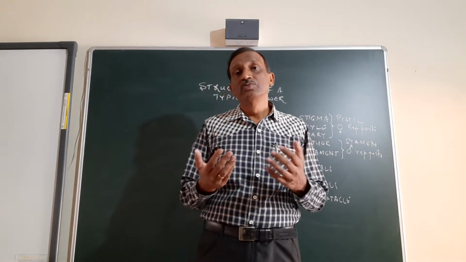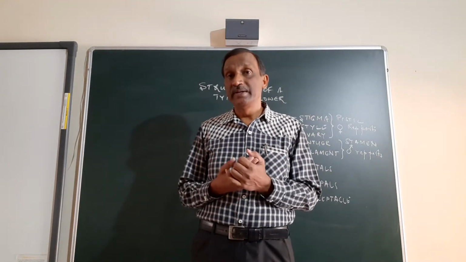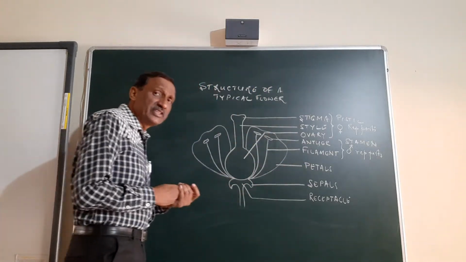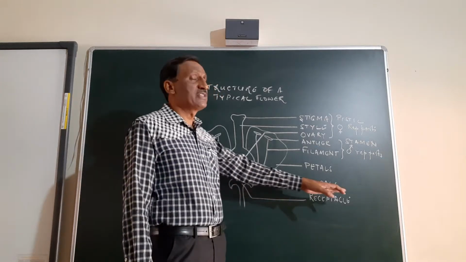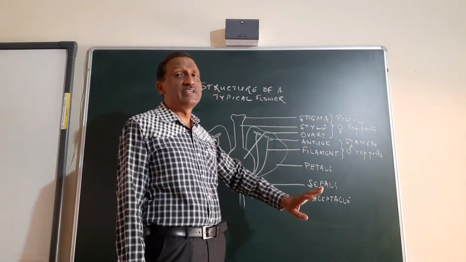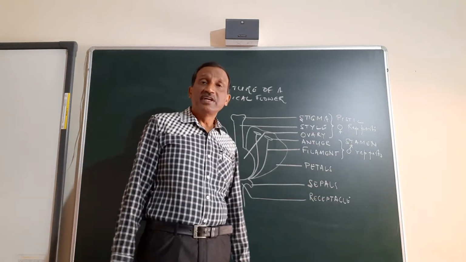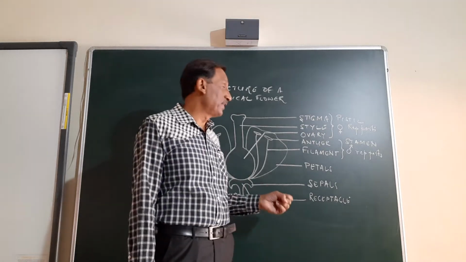Okay, so it is very difficult for us to recognize which one is sepal and which one is petal. That we will study in the higher classes, that is class 11, if you are taking bio, then only it will be useful for us. Otherwise, you just take that the sepals are the protective organ. They are often green in color, and they are protecting the young flower, that is the bud. And once the flower opens, they are folded outside.